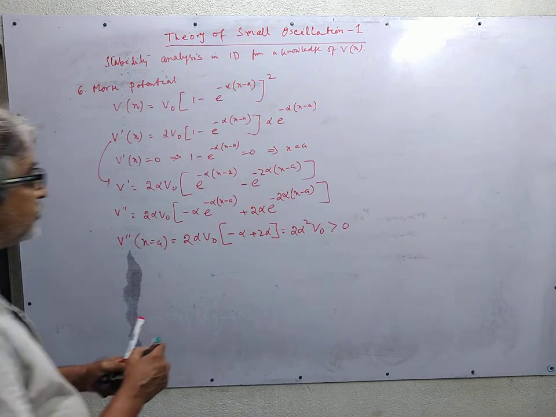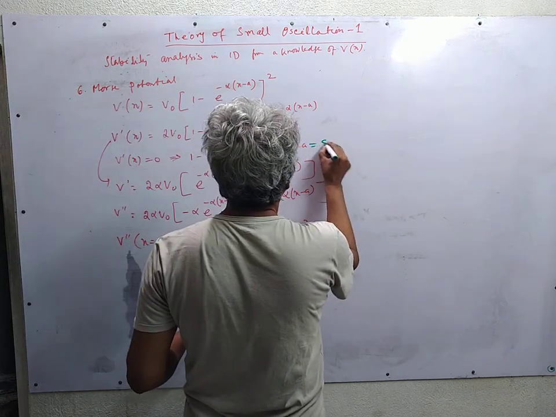So x is equal to a corresponds to a stable equilibrium